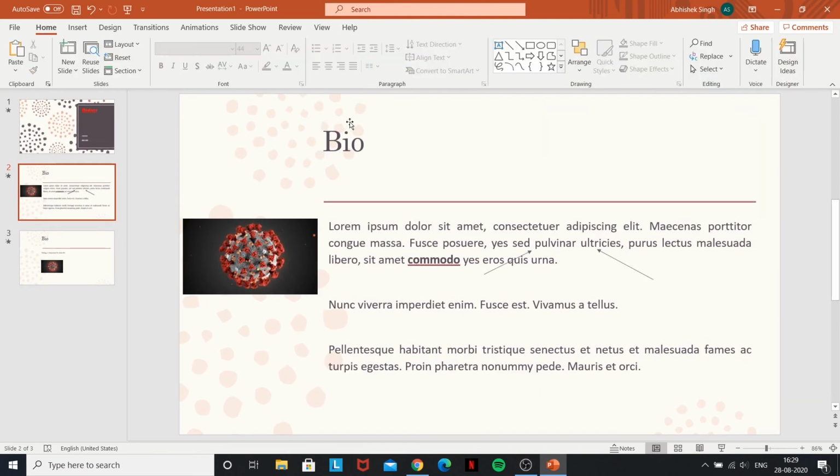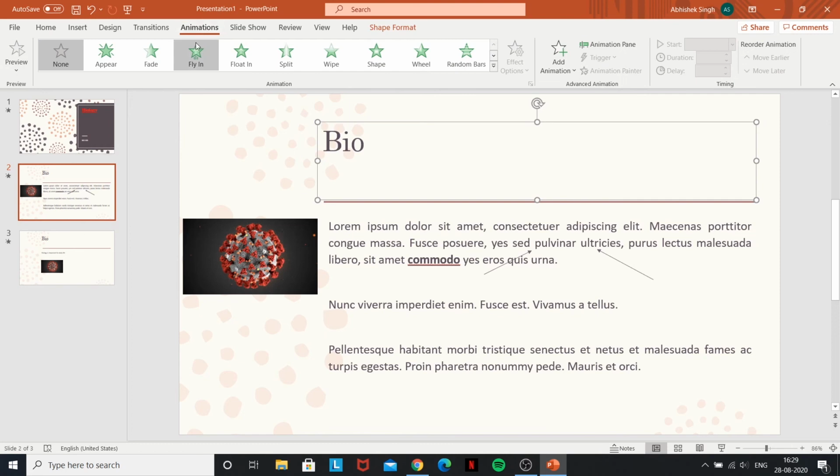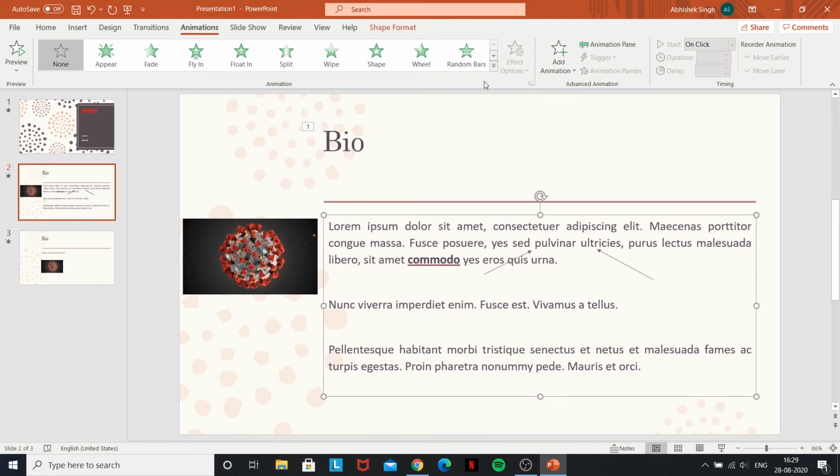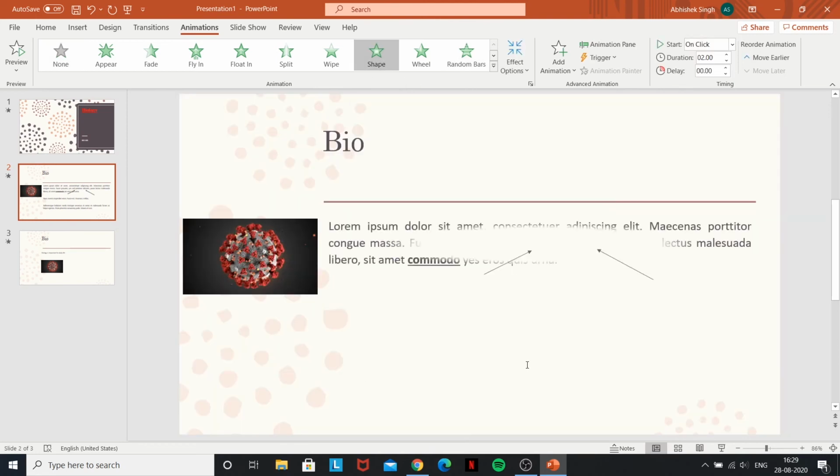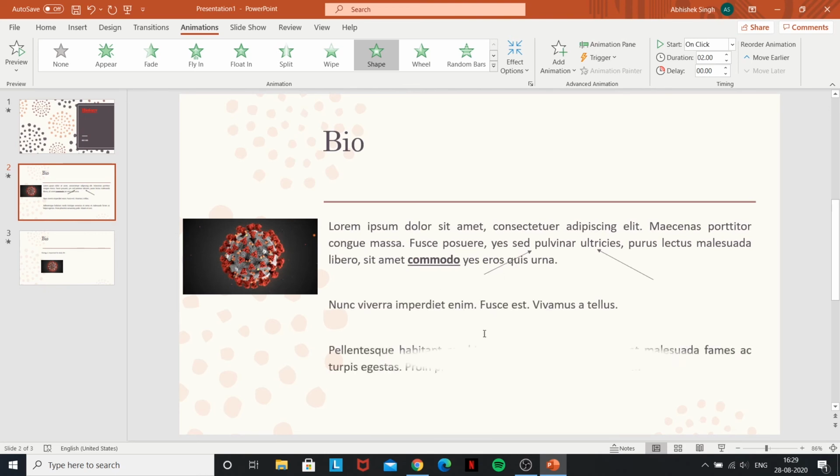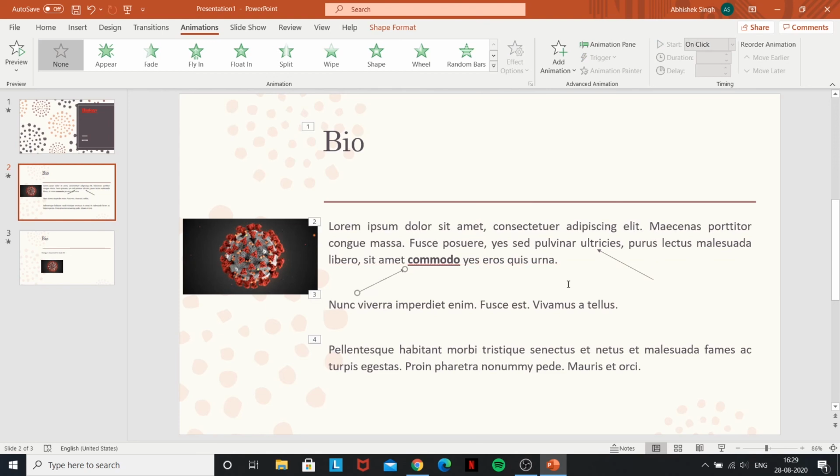So what we can do now is we select this, we go to animation, and then you can say fly in. So that's the first one. As you can see, it's numbered here. And the second one, we'll make it this text box. And this one opens up using a shape. As you can see, and these arrows will have these moved to right there.